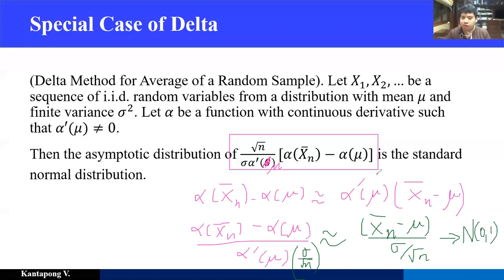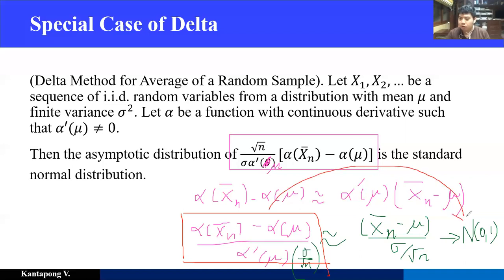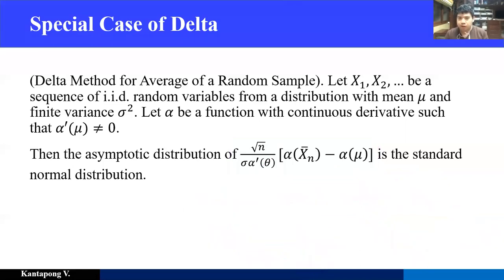So you could apply this and you can claim that it is approximately normal by using the delta method here. And this is, I think, the use case of the delta method. Okay, and this is the end of lecture 43. See you in the coding section in the next